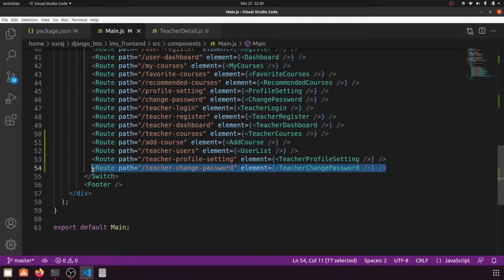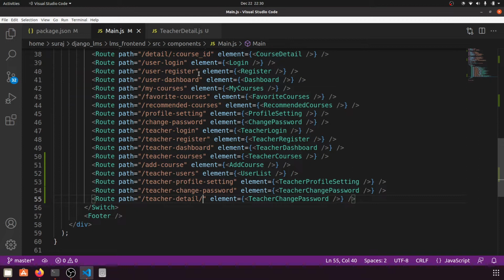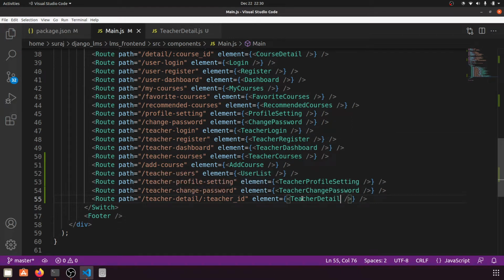After this route, we will manage the routes later. Here we will show teacher detail, and then we will pass some kind of ID. Okay, so here you can see that we have passed the ID. If you want to pass the ID, then you have to pass it here. So teacher ID, and this will be teacher detail. So let's say teacher detail.